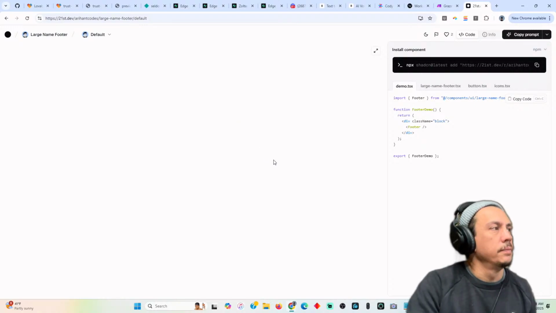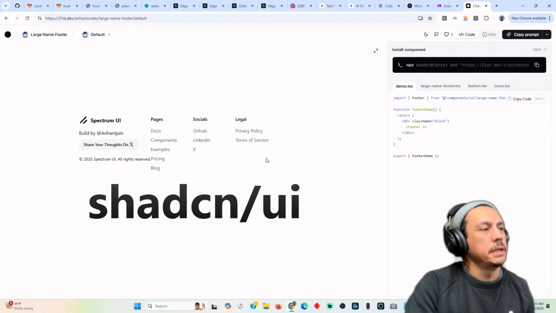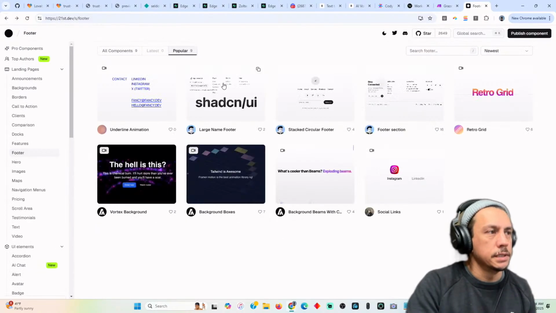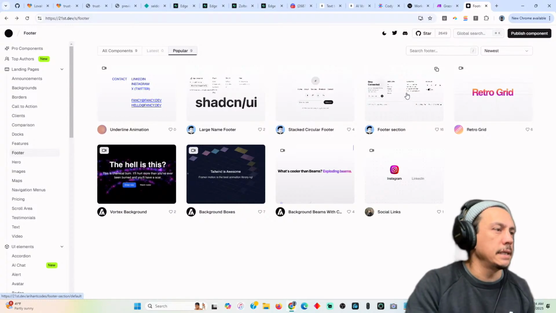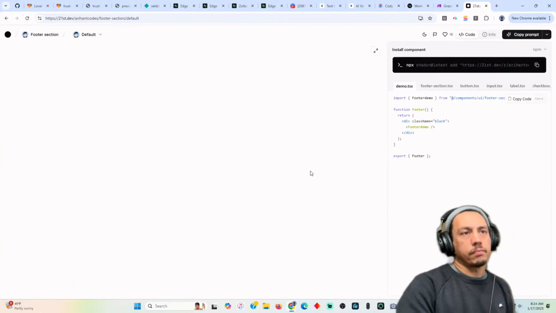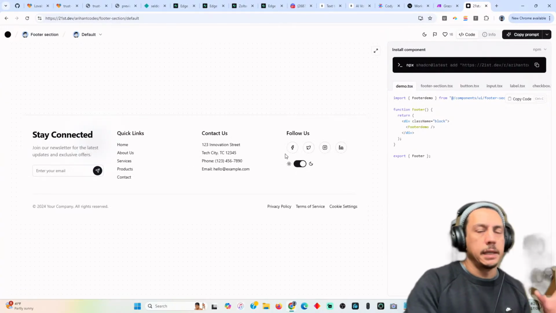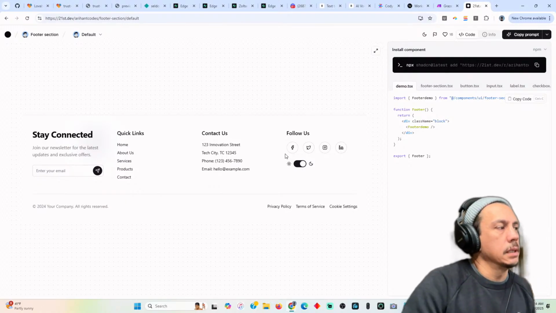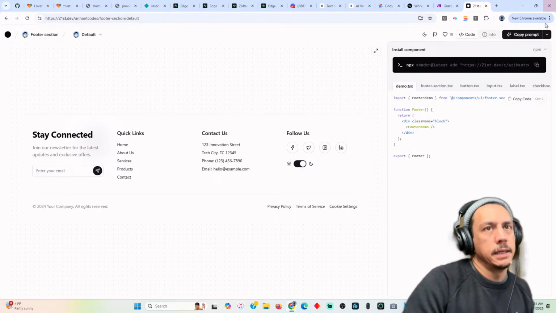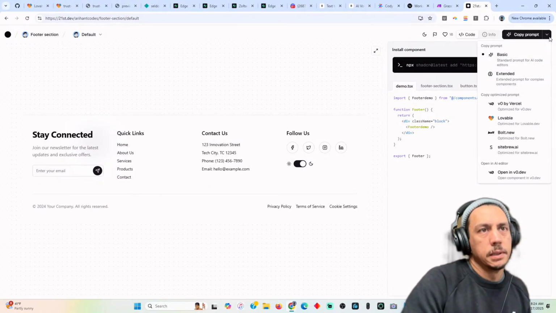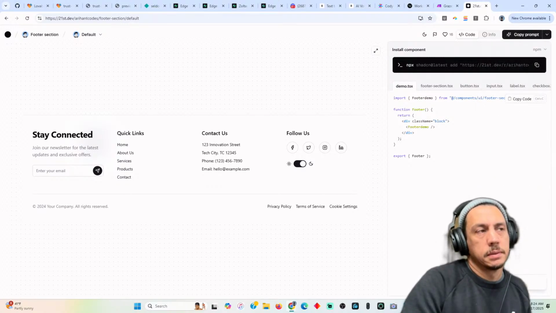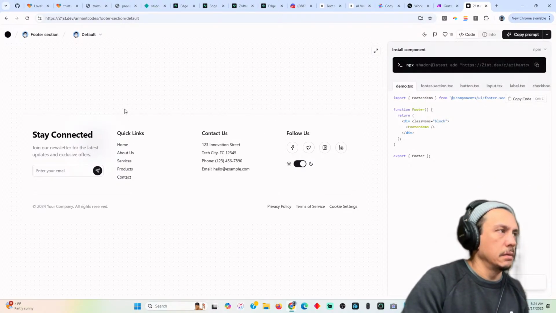Let's look at this one real quick. This one's pretty generic. That seems like we could already just do with Lovable. So let's take this one. All right. So how do you actually get this into Lovable? As far as I understand it, you just copy the prompt. All right, so let's just copy the basic prompt, and then let's fire up,